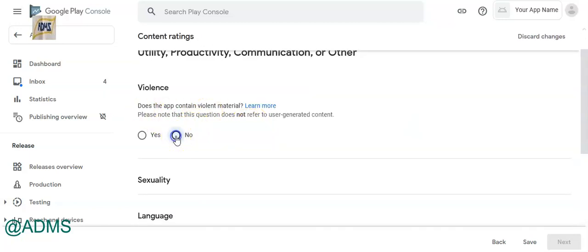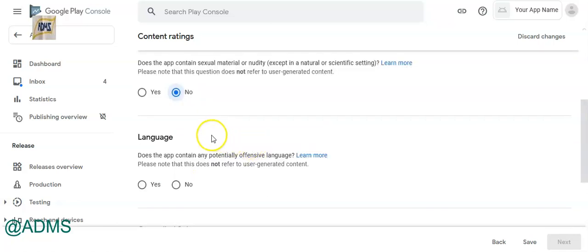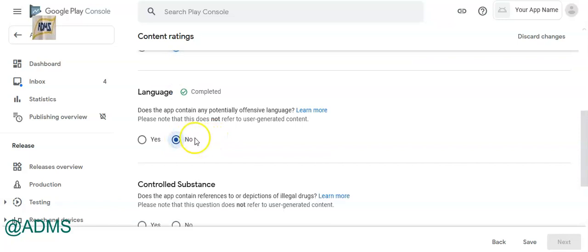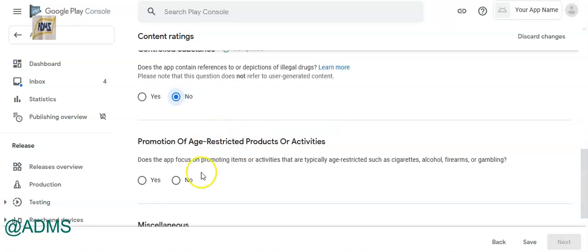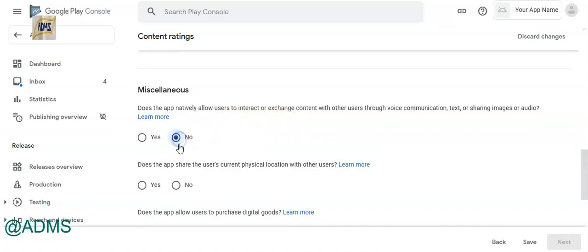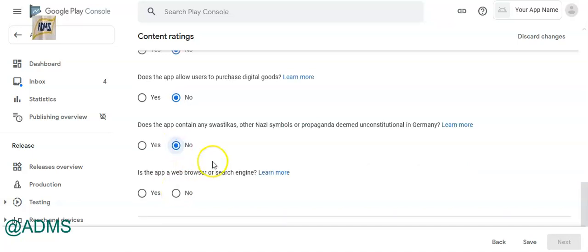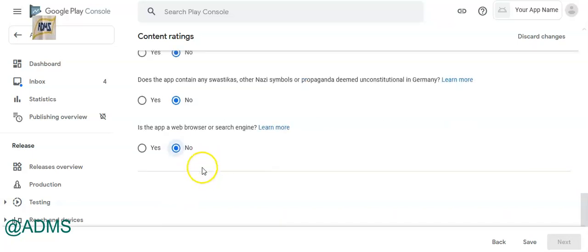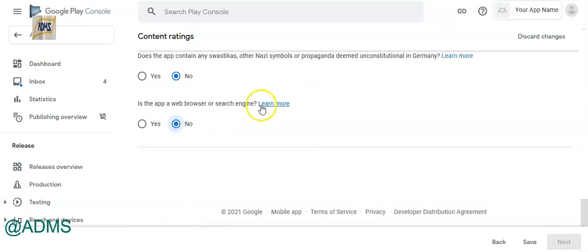For example, just read these questions, and for most of these questions the answer will be no. But then also just have a look at these questions. Okay, after you select all these answers, click save,